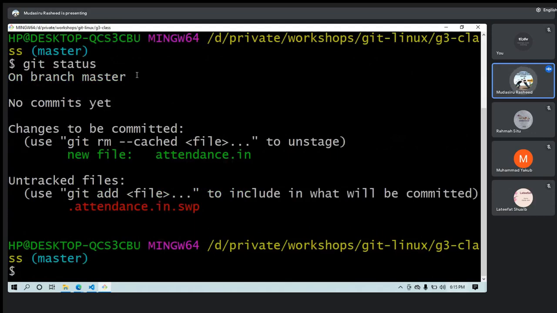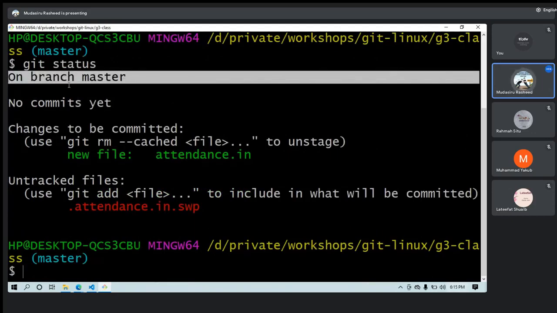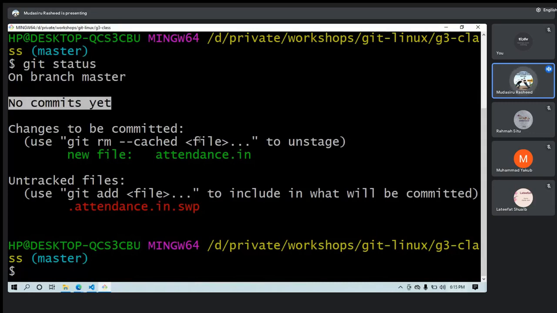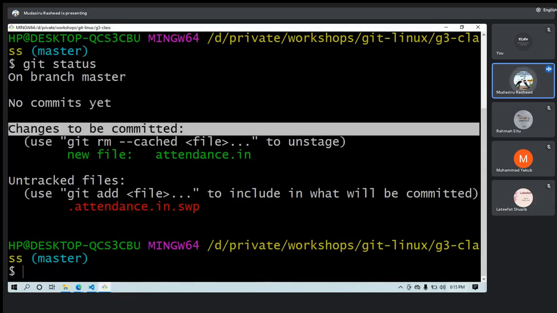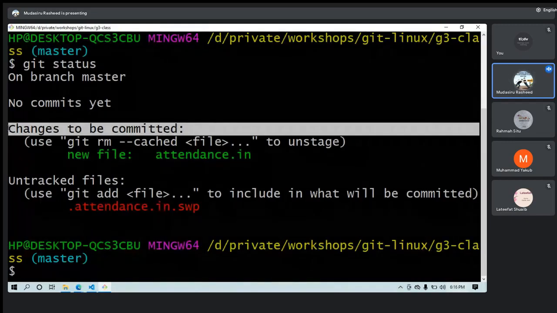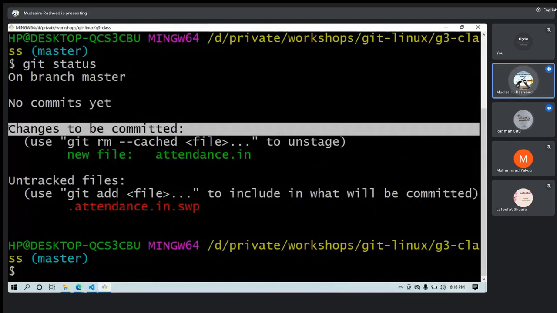Oh nice. Now it says you are still on your master branch, you have no commits, but changes to be committed. Why is it so? It's because it's been tracked from your local system to the staged version of your Git. I mentioned in the beginning that the git init we did creates a kind of repository for us locally. And what we did was pick the attendance file we created and push it to that repository we created. That repository is local too, but it's being managed by your